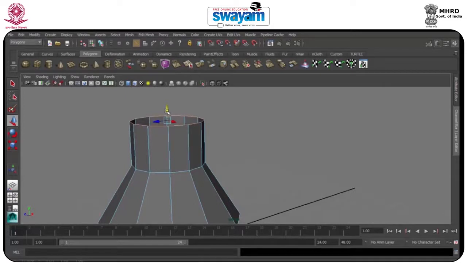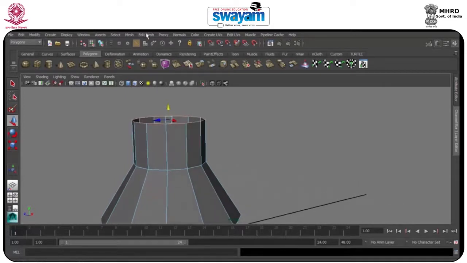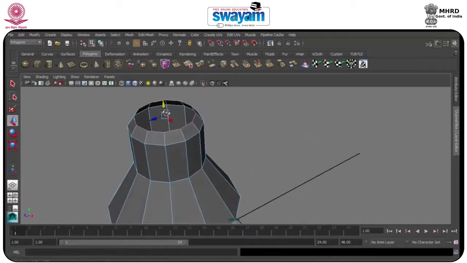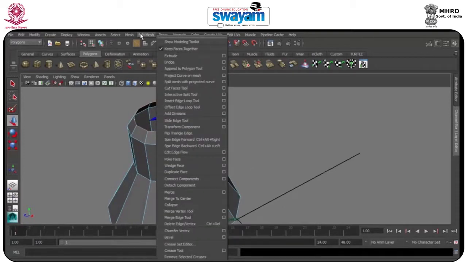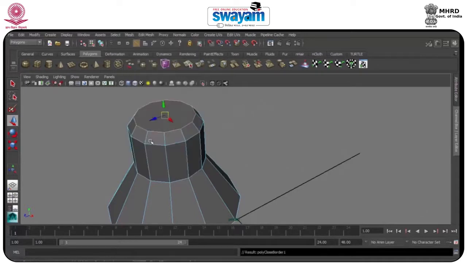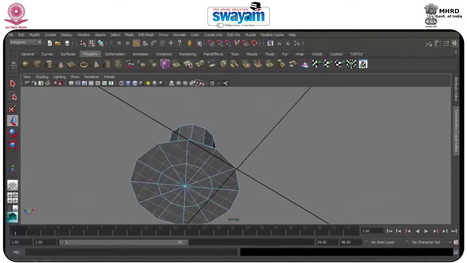Now I will extrude again, and by holding R I will scale it down a little bit, move further, and after that I will go to mesh, and here I have the fill hole option, so it will hold the cap.